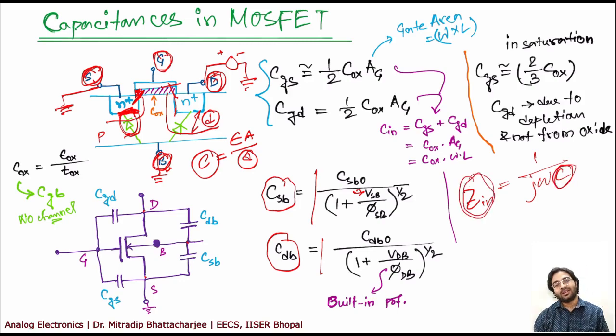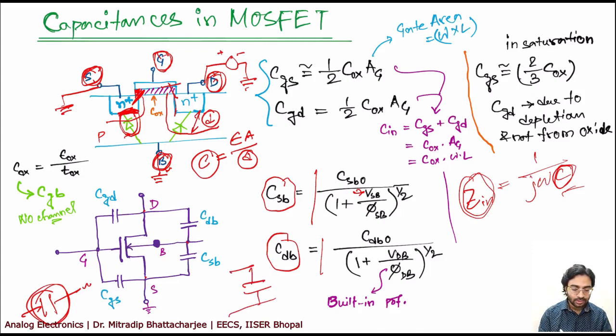So, it depends on where your capacitance is connected. If your capacitance is connected, say, in series with something, what you need? If you want this to be short circuited, you need a less impedance, so higher capacitance is preferred. If it is in parallel, your signal is coming from here, you don't want the signal to shunt, right? In this case, you need higher capacitance, right? In series, you need lower capacitance so that everything flows in, and in this, you need higher capacitance. But it depends on your preference.